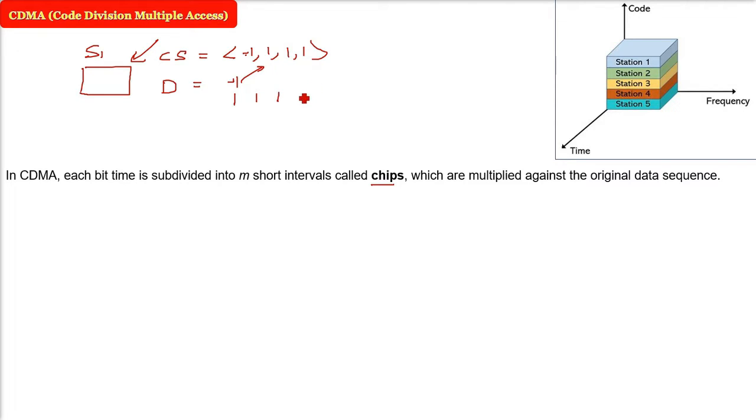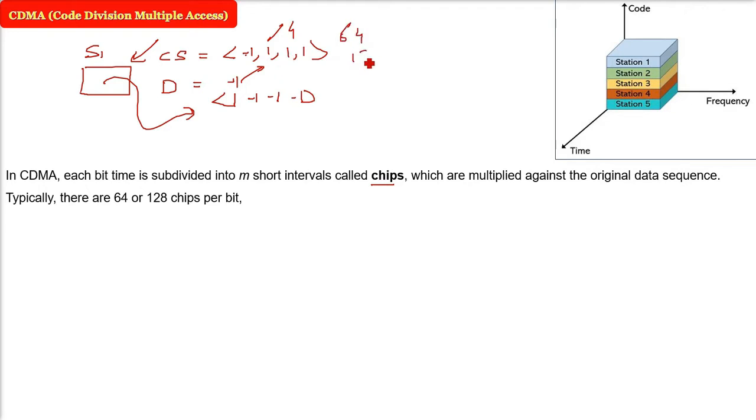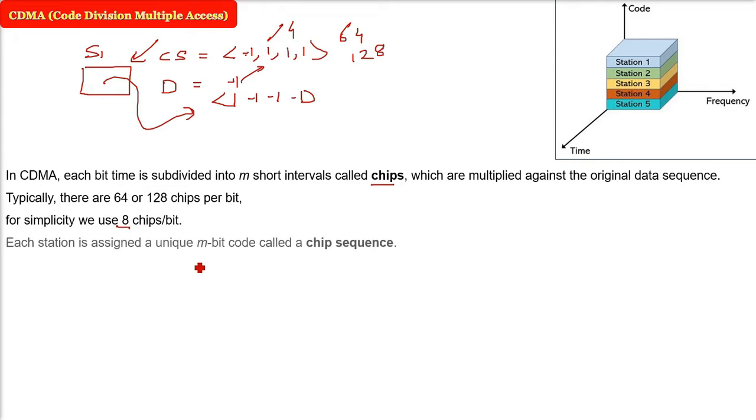What do you want to say? What bit have you said? Okay. So the inversion will send 0. The actual bit sequence will send 1. Typically, there are 64 to 128 chips per bit. But for simplicity, we will stick to 8 bits. We'll take one more example that will have these 4 bits, and we'll take the whole sequence. But in order to understand, we are taking right now